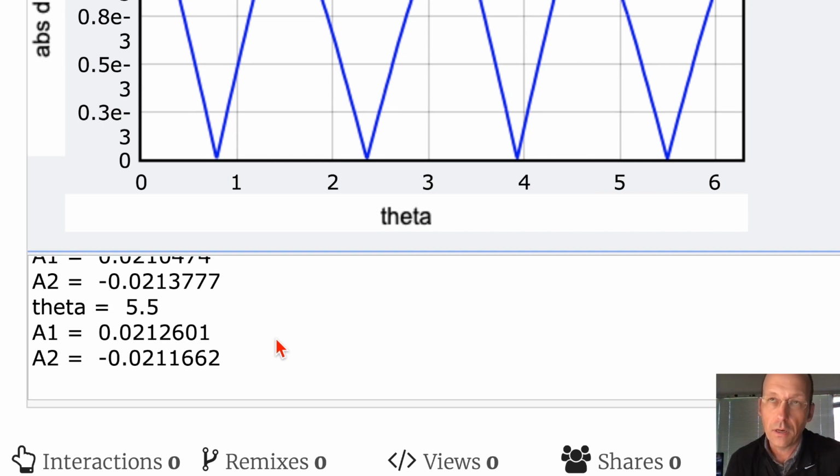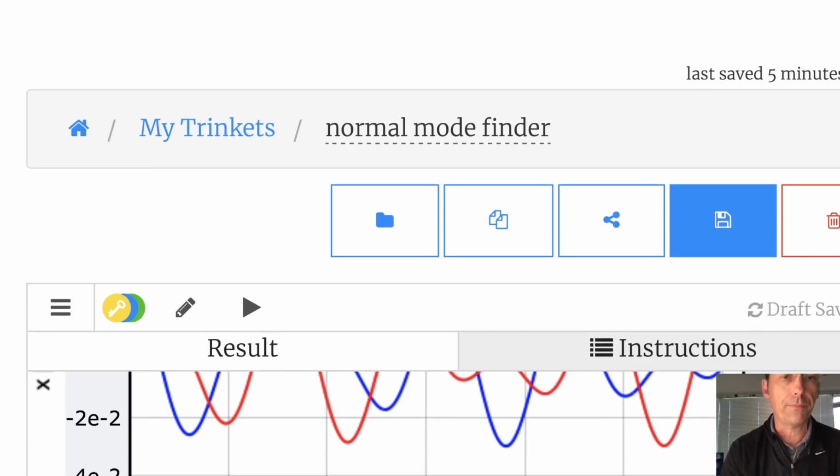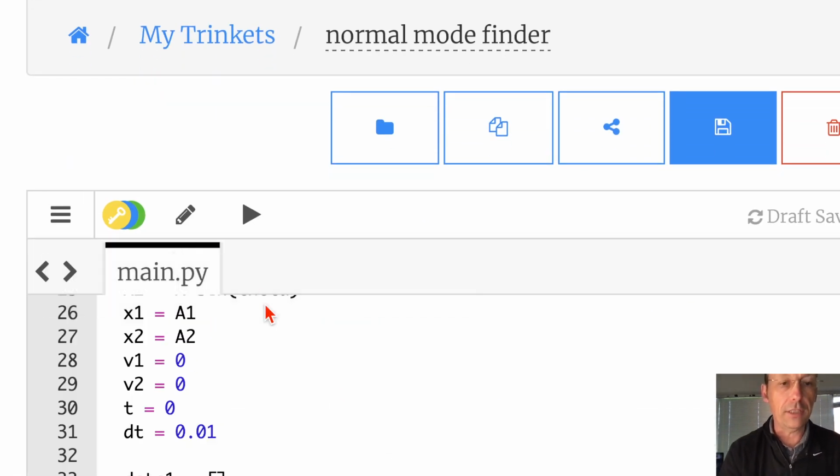Now, the true test, right? The true test. What if they're not all the same masses? What if it's not a simple situation? Let's see if this works. Okay, so let's change